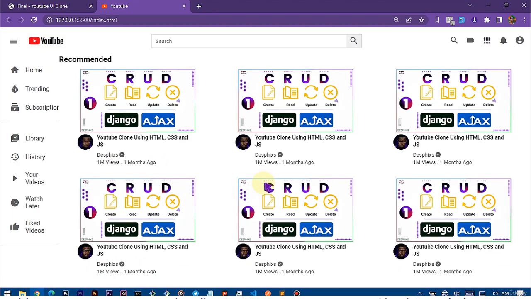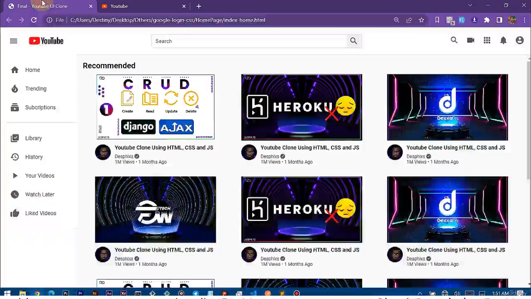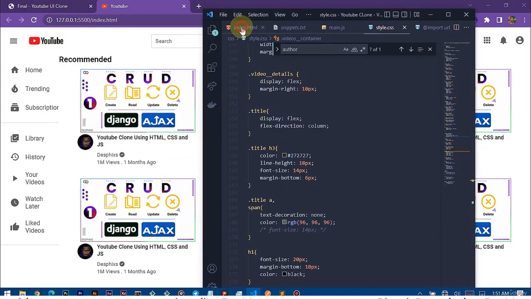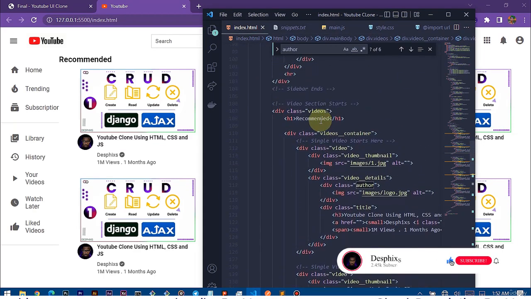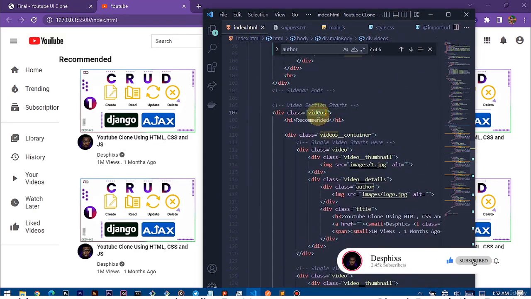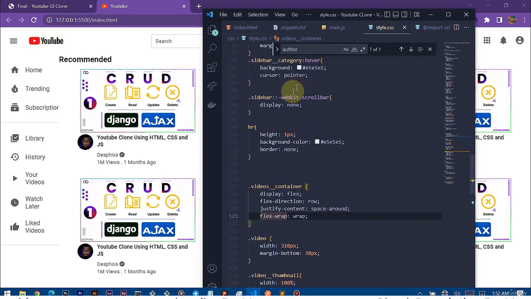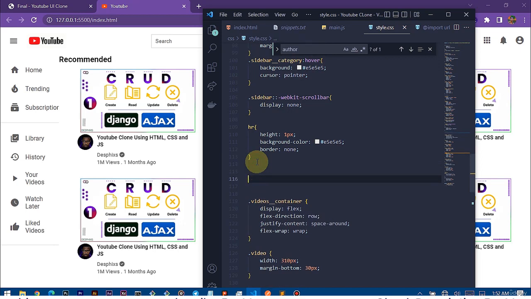Everything is obviously looking bad compared to this. As you can see, we've got this background color over here, and I overlooked that. I didn't actually see it. We don't have it, and we can actually scroll here, but we can't scroll. So I need to actually target in the index of HTML. Let's look at this. I have this class called videos that gets all the videos at once, so I actually need to target that. I'm just gonna get maybe to the top over here, just after the HR,